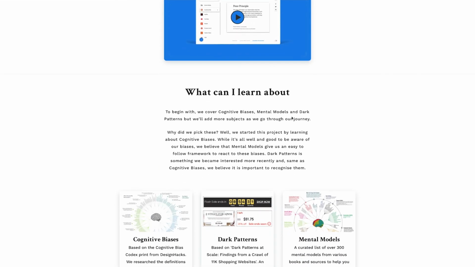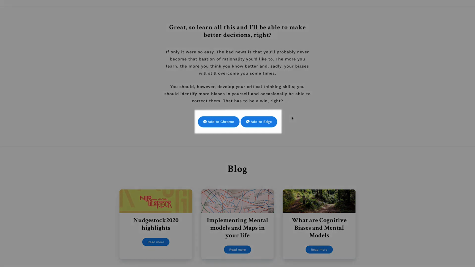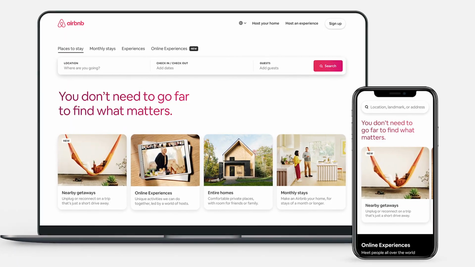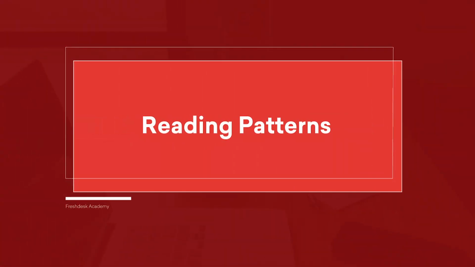You can do this by making sure that the CTA is either bold and sticky, or give them the same CTA at the bottom of the screen so they don't have to scroll back up to the top. Another thing to keep in mind when designing your landing page is to optimize it both for mobile and for desktop. You want your user to convert no matter how they access your product. The last thing you want is for them to fiddle around with a mobile unfriendly screen and getting frustrated and giving up.